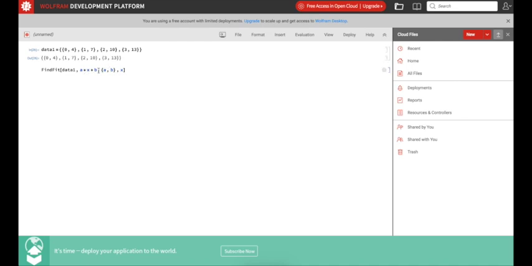So that's the next thing. We say a and b are the ones we need to find the numbers for, and then x is our general variable. So there's 4 inputs to the function: data1, comma, ax plus b, comma, a comma b, comma, x. And now we hit shift enter or evaluate cell. And what it's going to do is it's going to tell us what the a value and the b value should be. So it's telling us that a should be 3 and b should be 4. That will give us the